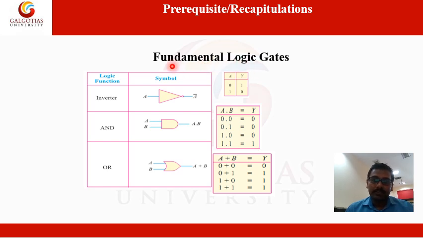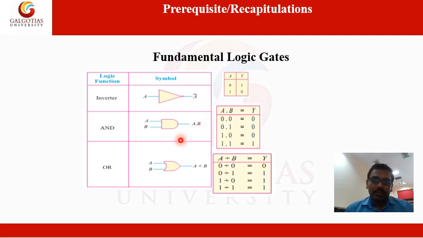In the last class we discussed the fundamental logic gates, in which we discussed three logic gates, which are the inverter gate, AND gate, and OR gate. The corresponding truth table is given here. The inverter gate inverts the input signal or input variables into its complement,